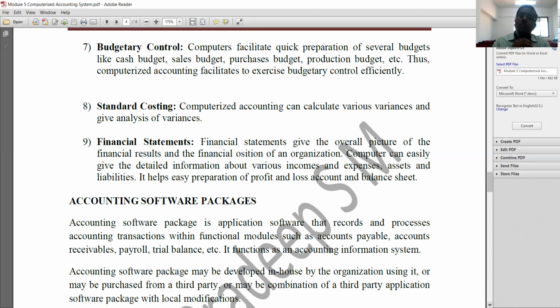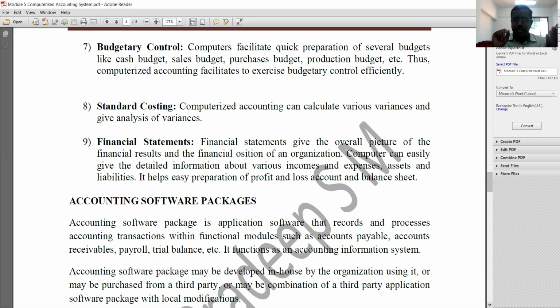There is a software called ERP. There is software called Tally, Oracle, Zero, QuickBooks. Like this, there are a number of accounting softwares. So you can use those accounting softwares in order to prepare financial statements. Not only for financial statements, you can use all those softwares to have a computerized accounting system at various